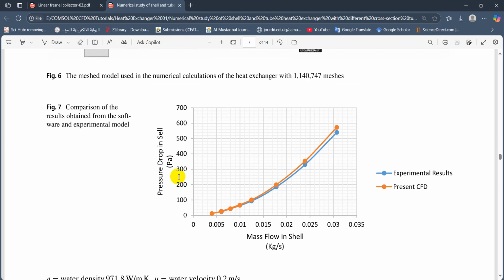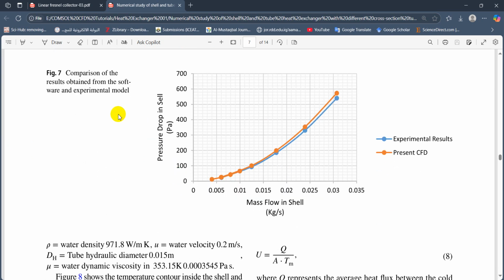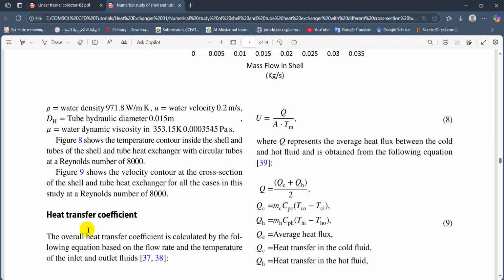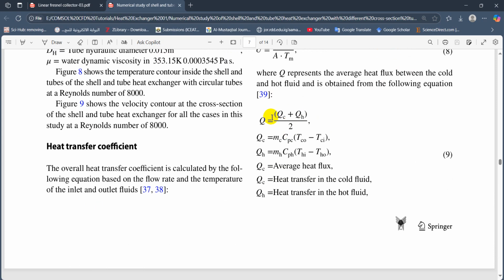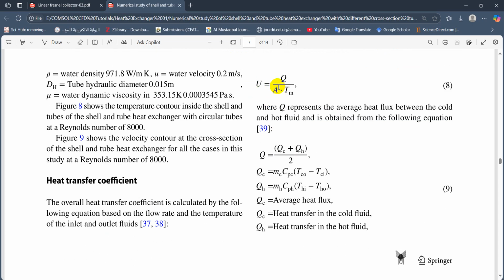Of course, the numerical paper required verification and validation, so the author makes a comparison with other papers, which are experimental papers, in order to know the accuracy of their codes. And then the materials and methods contain, of course, the calculation procedure for determination of the heat transfer coefficient,